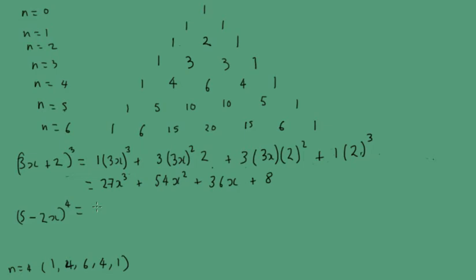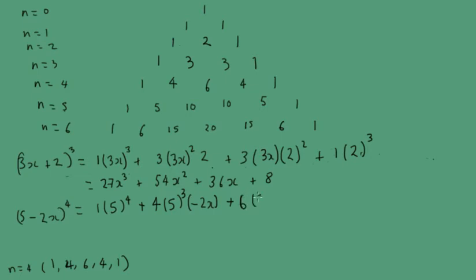So we'll have 1 times 5 to the 4, plus 4 times 5 cubed, now we've got minus 2x, then we've got plus 6